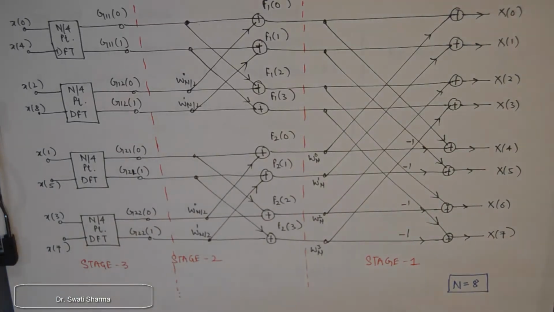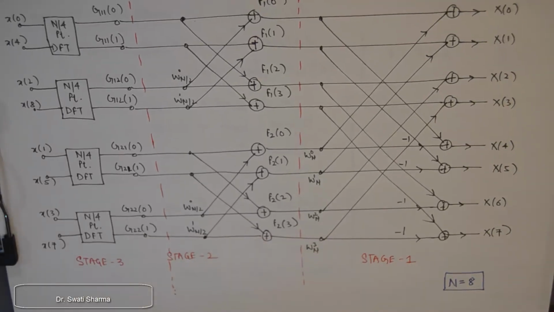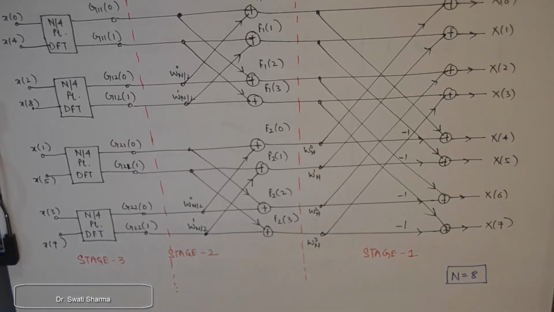So this completes the DITFFT algorithm here, and I hope this long derivation or long algorithm was understood by you all nicely, and I'll try to solve one numerical based on this DITFFT algorithm,